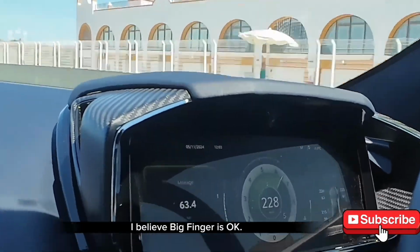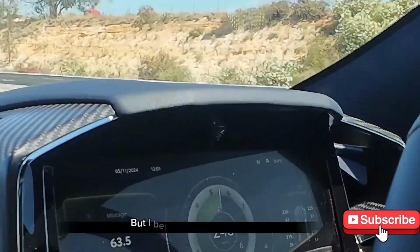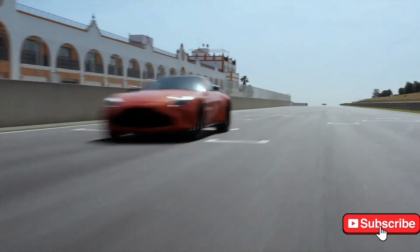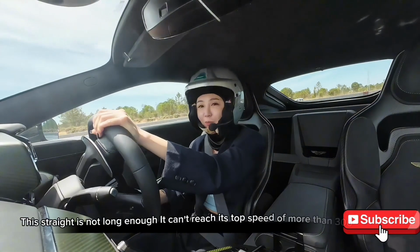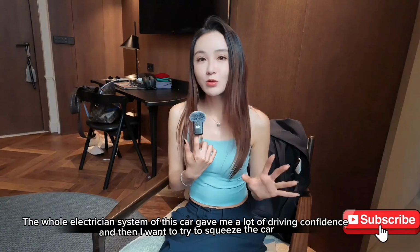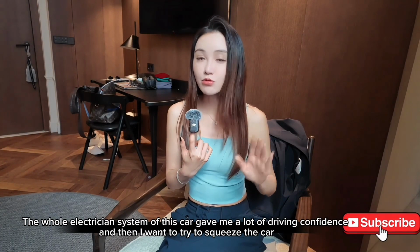I believe in it, okay, looks like its legs are thick, but I believe in this speed. Oh, 260 km? 270 km? This straight is not long enough. It can't reach its top speed of more than 300 km. The whole electronic system of this car gave me a lot of driving confidence, and then I want to try